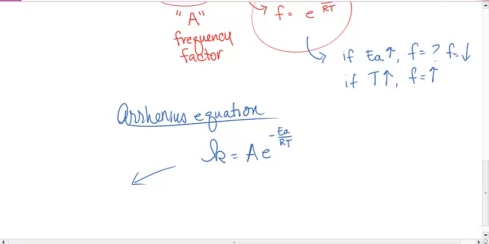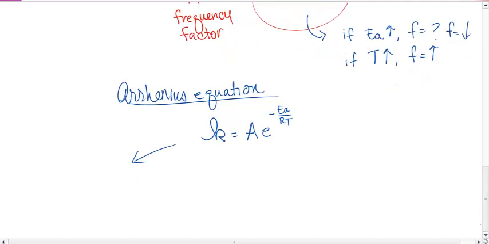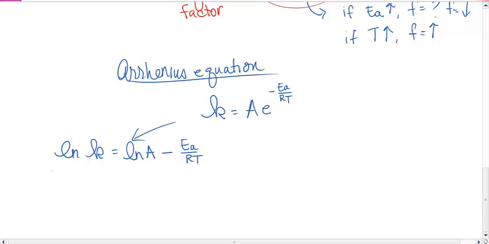So first thing we're going to do is take the natural log of both sides because we've got that little e in there, so that will be helpful. If we take the natural log of both sides, we end up with the natural log of the rate law constant is equal to the natural log of A minus E sub A over RT, which we're going to just rearrange to make it the equation of a line. So natural log k is equal to negative E sub A over R